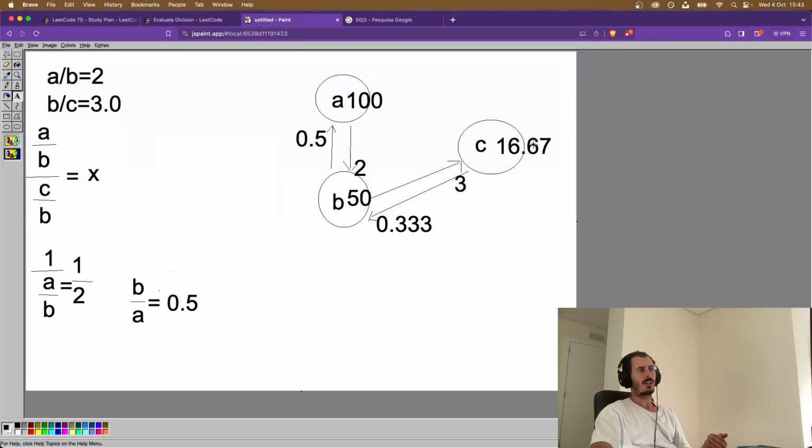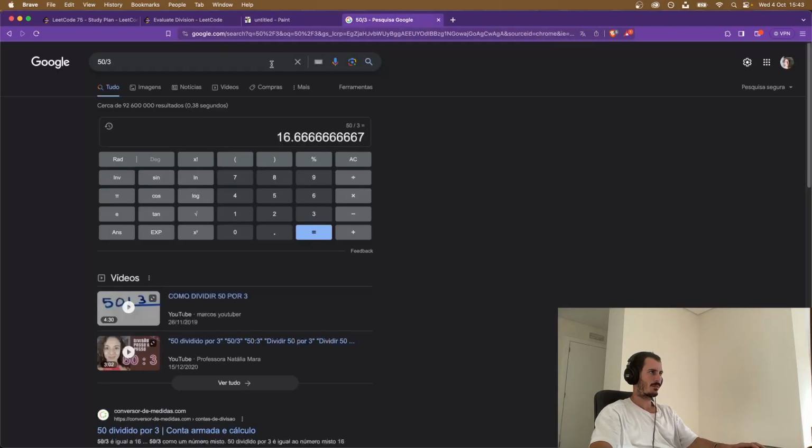So we know these values. And if we want to know A over C, we just need to declare an arbitrary value for A, calculate the relative values for B and C given that A value, and then we just say 100 over 16.67,